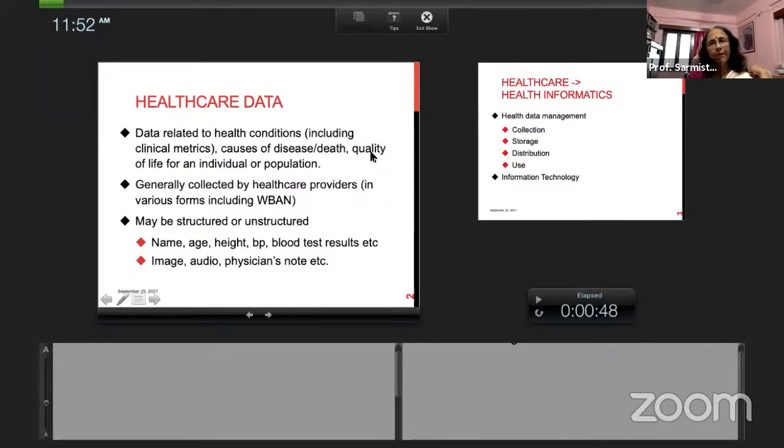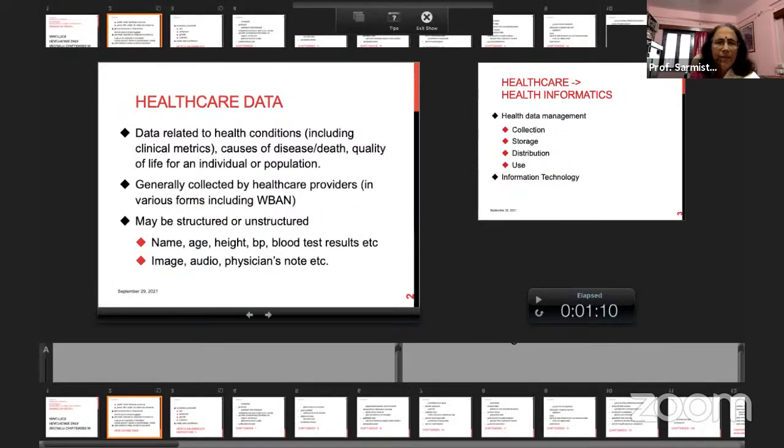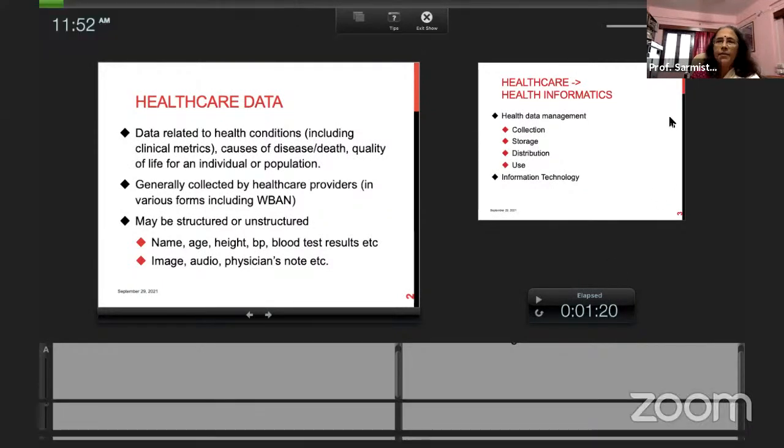And also it may reflect some ideas about the quality of life for an individual, or depending upon the application for which we want the healthcare data for data analytics, where maybe the entire population of some particular area or region, regarding some community diseases, everything we can include as the healthcare data. So